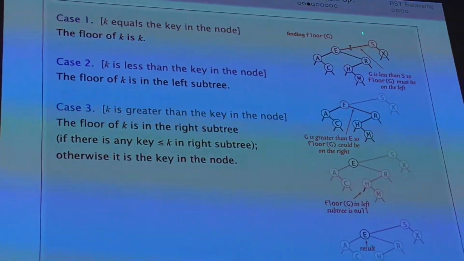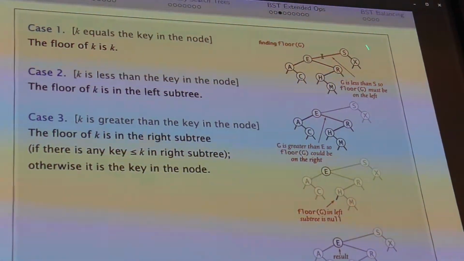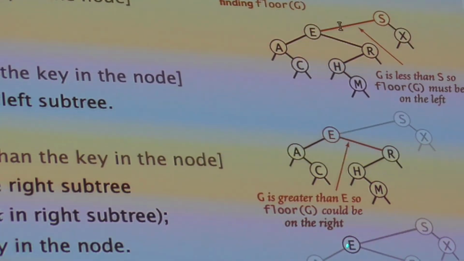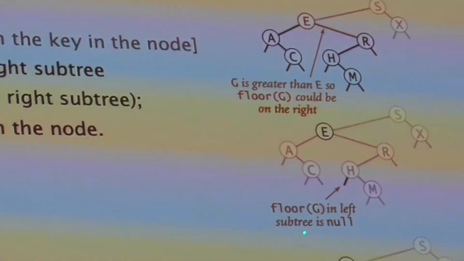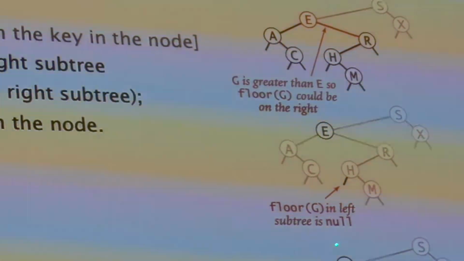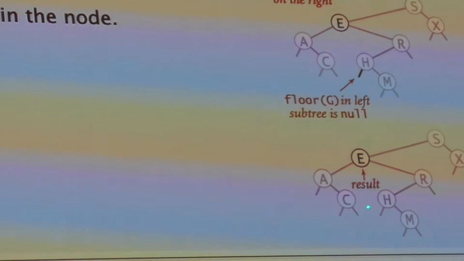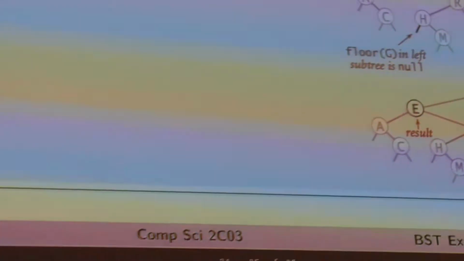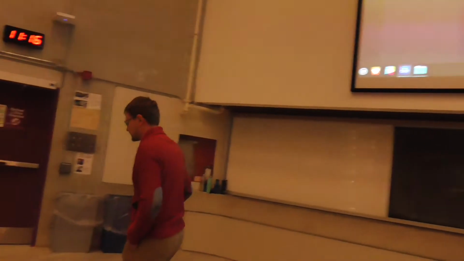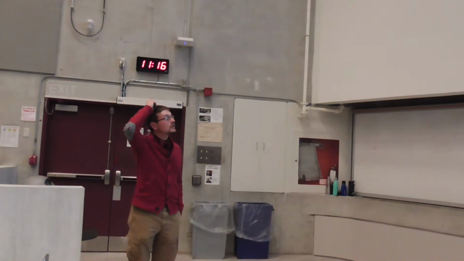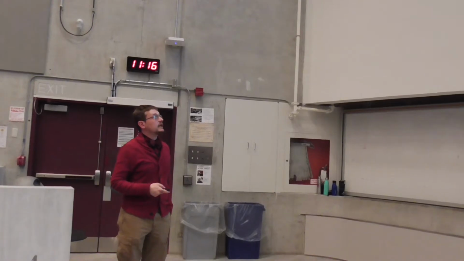So finding floor G, G is less than S, so floor G must be on the left. G is greater than E, so floor G could be on the right. Floor G in the left subtree is null, so this is the result. Okay, so it is falling down the branch until it hits a null. It does trace the complete tree. All right, I apologize for that. Anyway, at any rate,